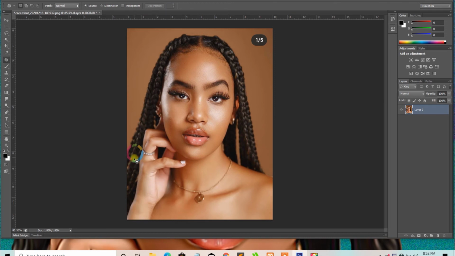Let's remove this one too. Let me see. So where do I want to copy from so that it will duplicate and replace it? It doesn't cut completely. I'll try it again. Let me do it here. So I have to be very careful so I will not mess things up. So that's just it. And this one, let's remove this one. So this one is the easiest because you just drag it to where you want it to copy from. That's the